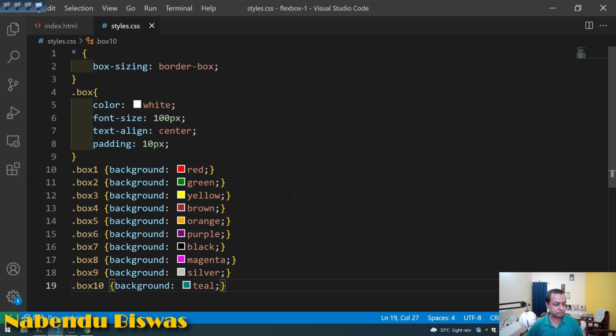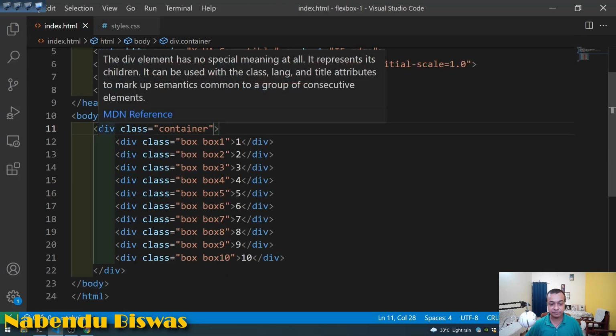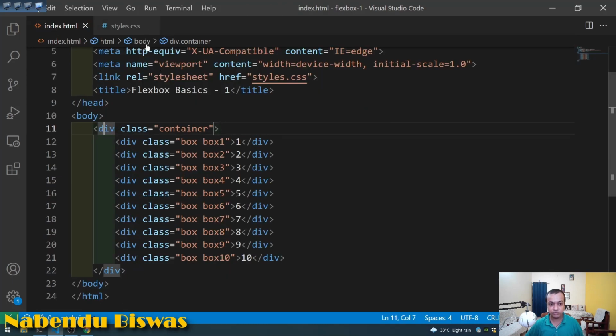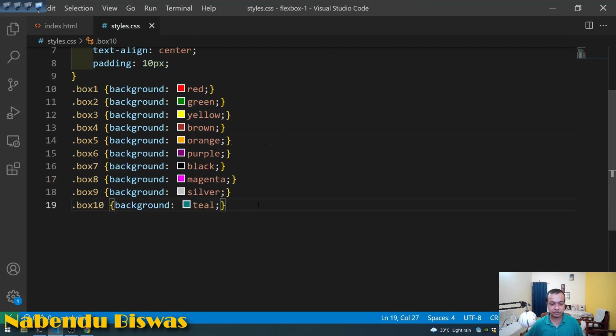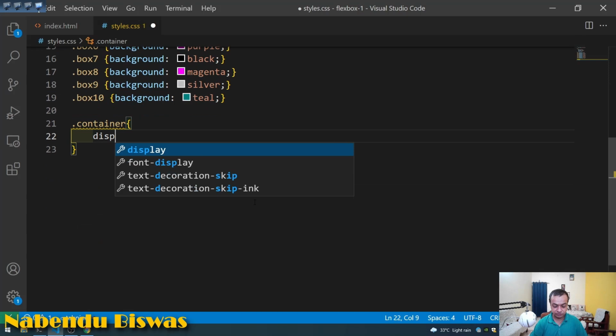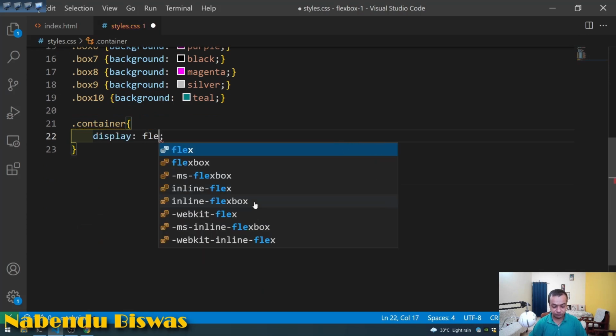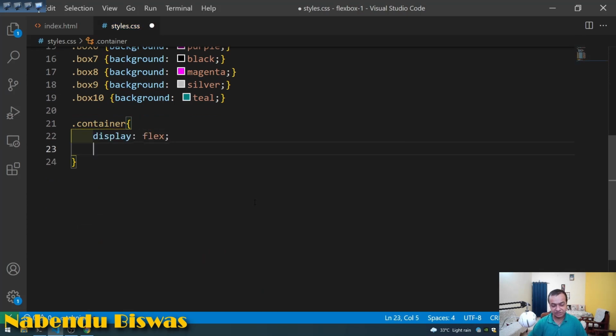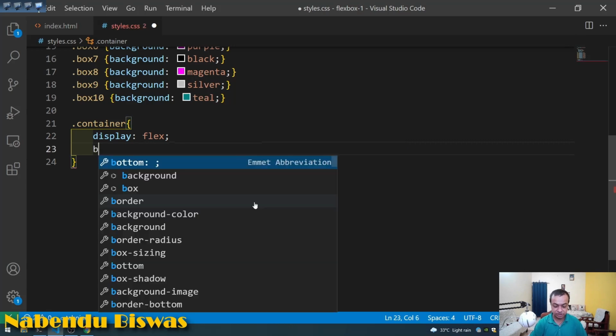Okay, so Flexbox is generally applied on the container level or parent level. So this is the parent which contains all of this box 1, box 2, box 3 and all. So we'll come here and dot container, background, just we have to give this display flex,